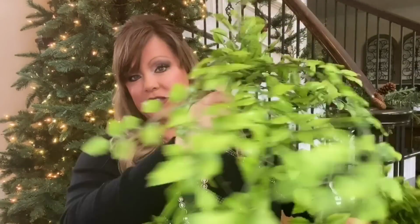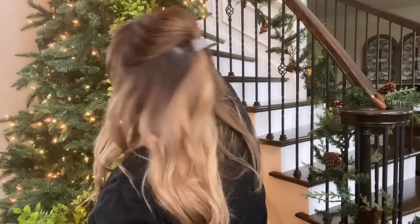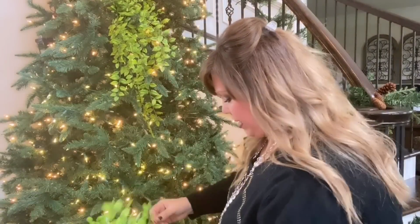All right, so I have a whole bunch of picks, and I know a lot of you are probably thinking, why are you throwing that in your tree? But just stick with me. I think you will like where I'm going with this. So I have 5 of these picks, and I'm gonna put these sporadically in the tree. I like to add lots of different textures, and I think I'm gonna try to do clusters of picks, and I think it's gonna end up looking gorgeous. So I think I'm gonna put one here. I'll come back and, you know, play with this, but